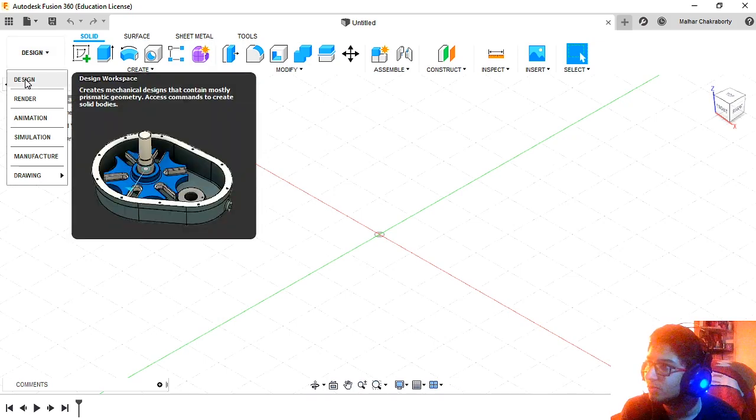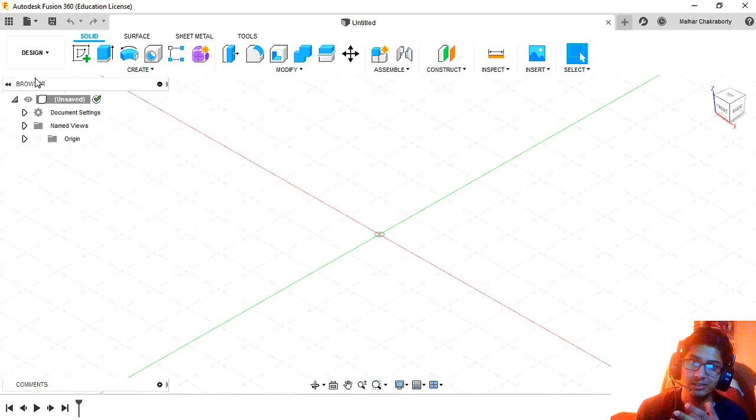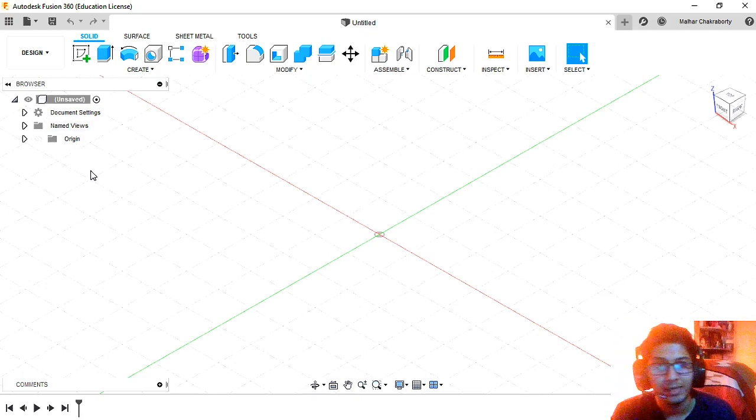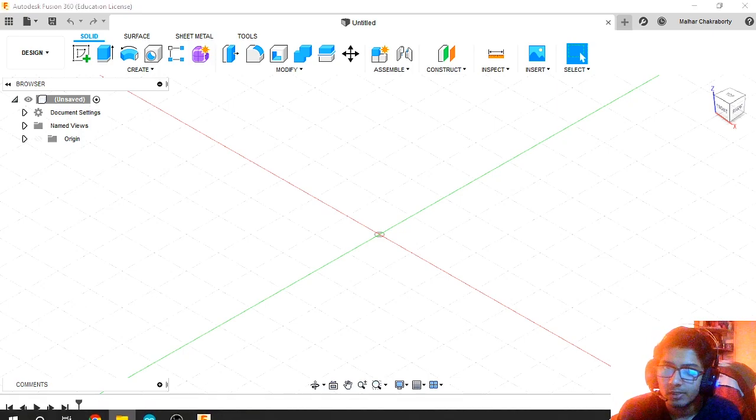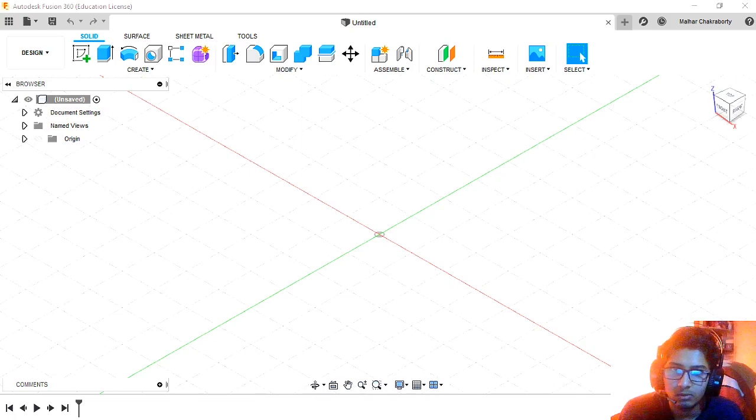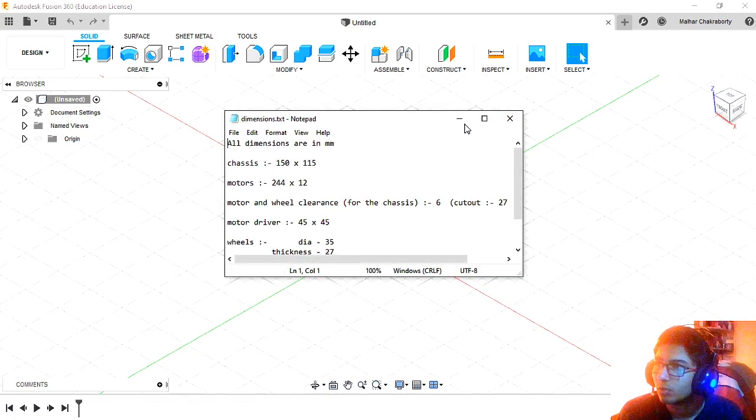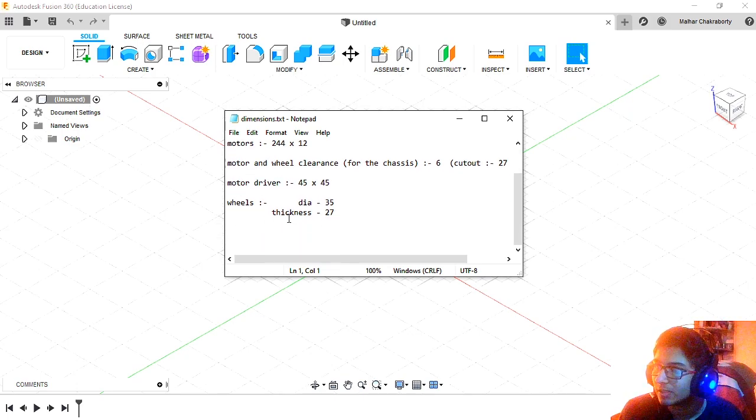So the first thing you need to do is stay on design and create your first sketch. I'm making wheels for my bot, so I need to have the dimensions correct. Let me see the dimensions now. Here I have the dimensions of the chassis, motor drivers, wheels, etc. I have a total of 35 in diameter, so I can make a wheel which is 30 millimeters in